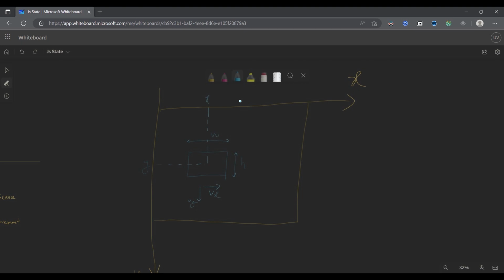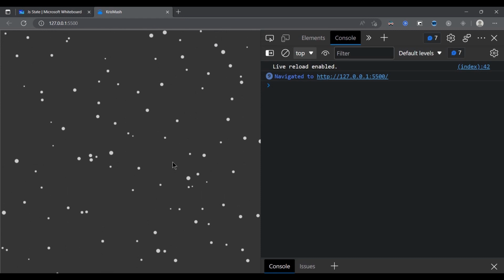So when the wind moves from left to right, and the moment we can't see our wind, the condition should be its x coordinate is bigger than or equal to the canvas width plus 50% of the wind's width. Okay, that's it. Okay, go back to our